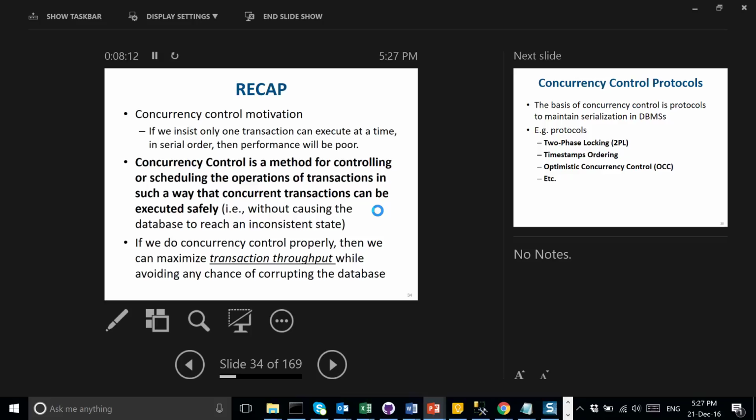Another example of an anomaly, if there is no concurrency control, is the dirty read, if you remember. The dirty read. What is the dirty read scenario? An example scenario of a dirty read. So we have transaction T1 trying, let's say, to update a particular table. Let me give you a small scenario.